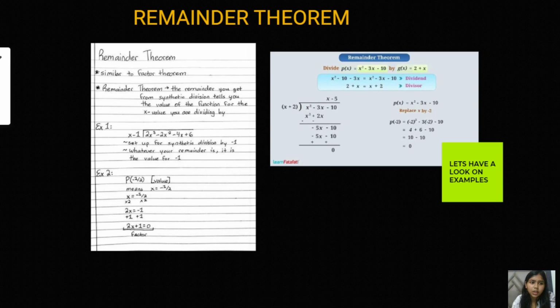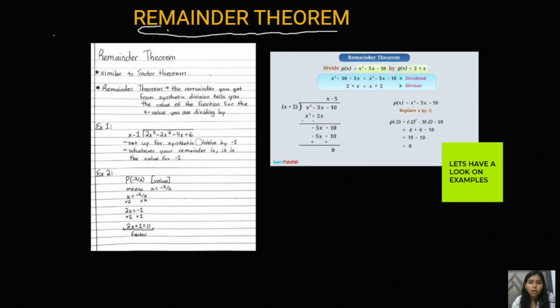So our next topic for the chapter polynomial is the remainder theorem. So basically, what is remainder theorem? When we perform a division, we generally perform it by a long division method. But in the case of remainder theorem, we just solve a question and find out the remainder and the zeros of the polynomial without actually doing the long division. This is what we call a remainder theorem.